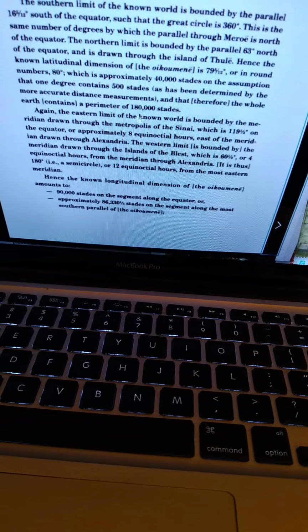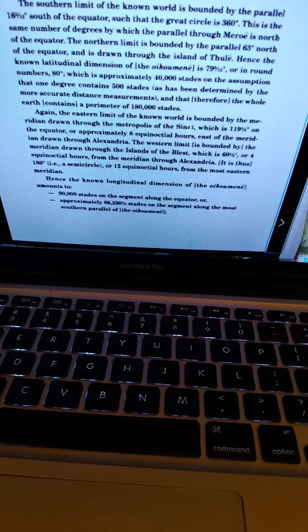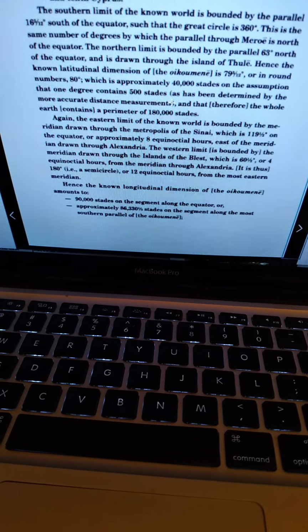The eastern limit of the known world is bounded by the meridian drawn through the metropolis of the Sinai. So this kind of disproves, or certainly throws into a lot of doubt, this translation of